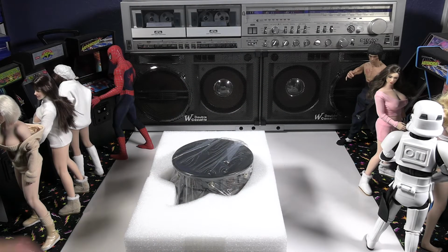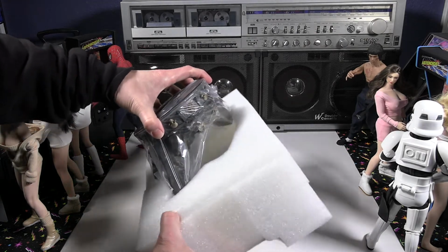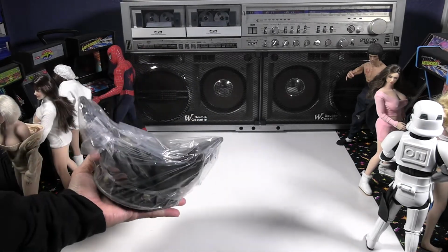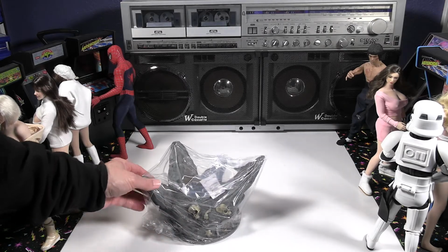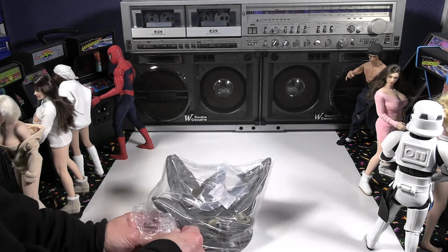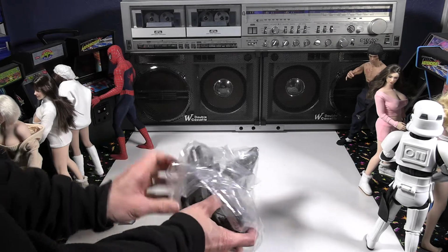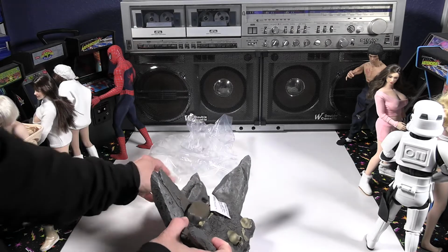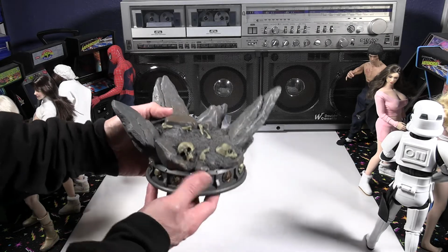we got the base. And the thing about this re-release, I've seen some people who have unboxed it and looked at it and so forth. It looks like they've actually done something different. They've changed one particular aspect in the figure, and I'll show you that once we get to unboxing the figure, what changed from the previous release and this re-release of Kier. I'm trying to remember if there's another little tweak that they did, but one thing,